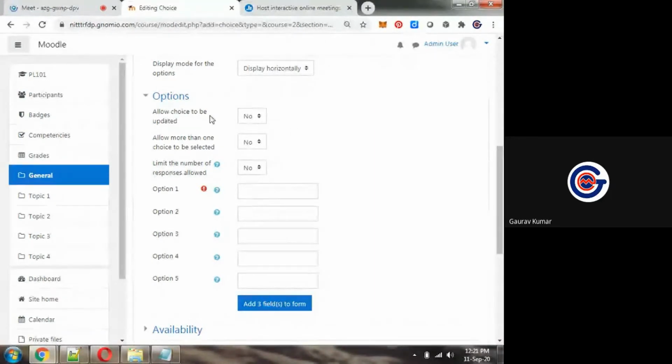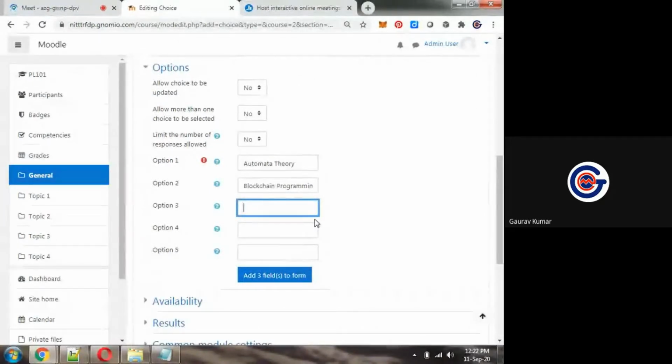Okay, allow choice to be updated, no. More than one choice, no. Limit number of responses, single response. Now suppose this is automata theory. Okay, and this is suppose any other thing, blockchain programming, option 3. Multiple other things can also be integrated.